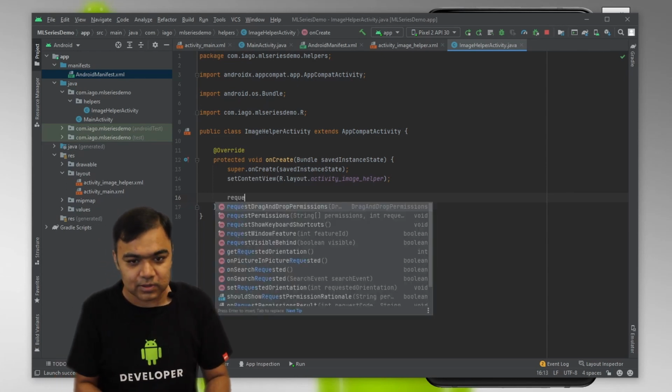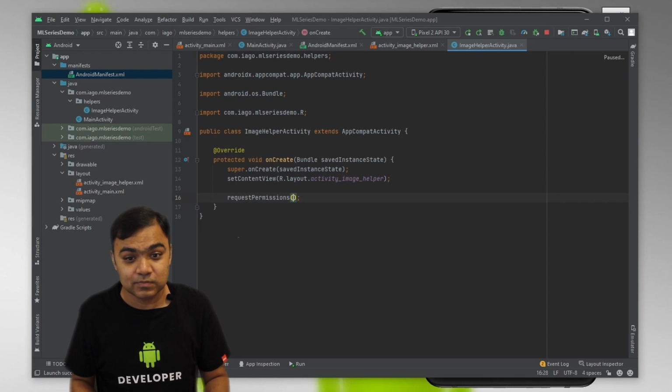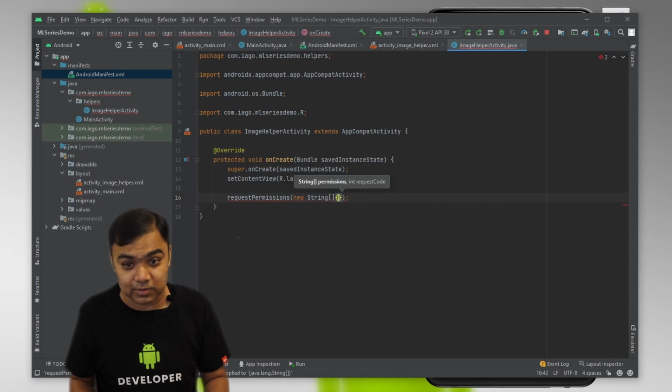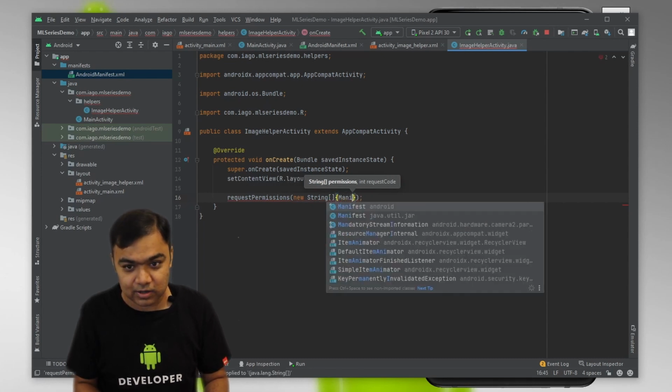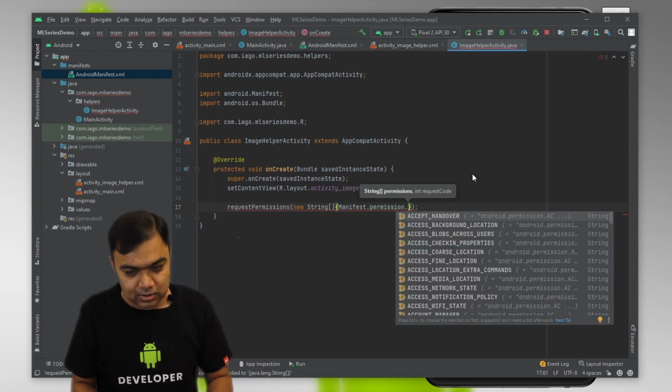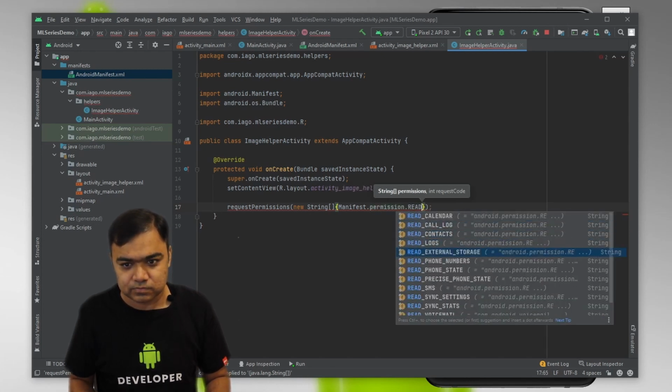So we have a method called requestPermissions, which takes an array, because you can request multiple permissions, and then you need to write Manifest.permission dot the exact permission.